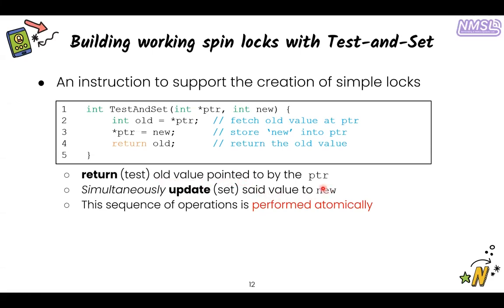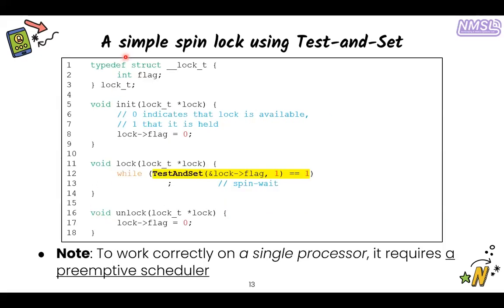And we'll see the use of this function in the next slide. At the same time, you update or set the value to new, and this sequence of operations is performed atomically. So basically here, you have a lock, you initialize it. So your function lock would now look like while test and set,